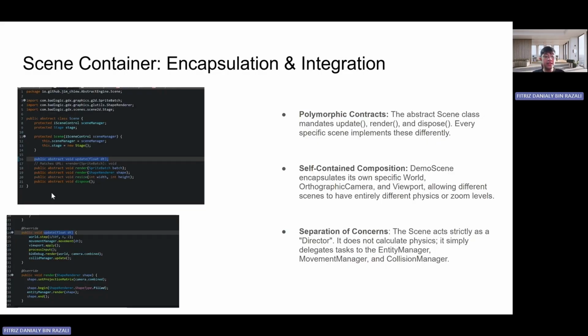If you look at the demo scene update loop snippet here on the left, you'll see it doesn't actually calculate math or physics itself. It simply holds instances of the other managers. It tells the physics world to step, the movement manager to move entities, and the collision manager to resolve impacts. By delegating these tasks, the scene acts as a central hub, bringing all our abstract systems perfectly together into one